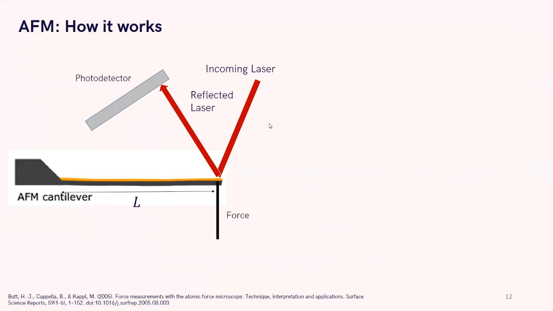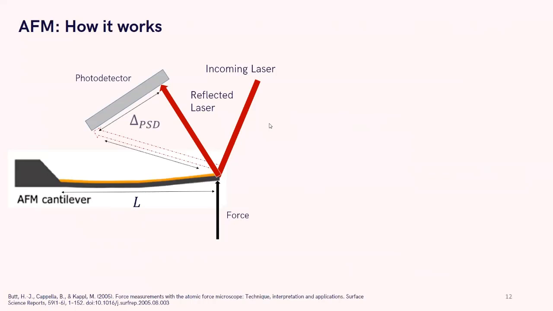Say we have a force on the edge of our cantilever. The cantilever bends, which also changes the angle of the reflected laser. The change in position on the photodetector is what we call delta PSD. The length of the reflected laser path is denoted by D,